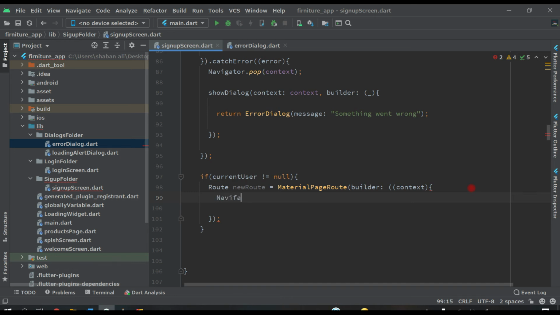Now Navigator.pushReplacement(newRoute), and put a semicolon here.